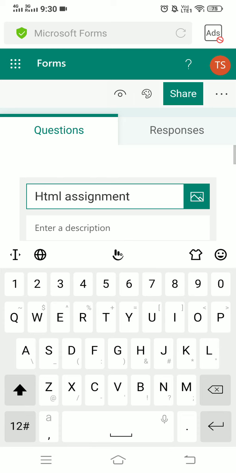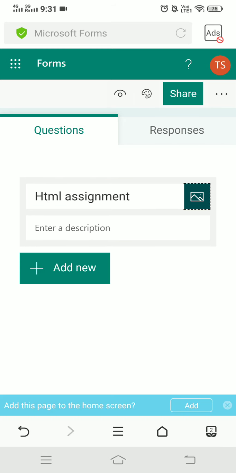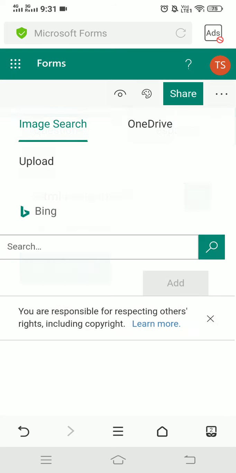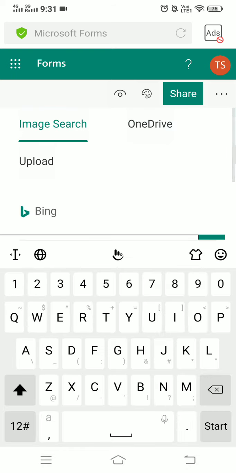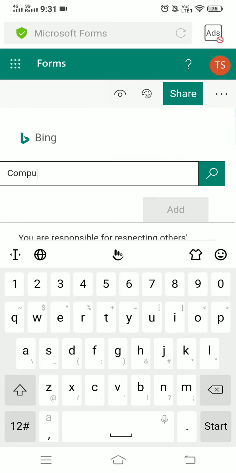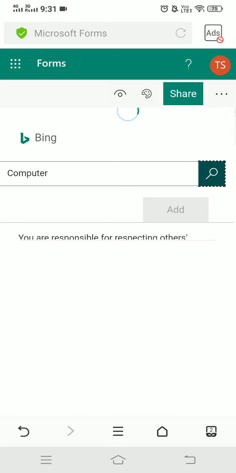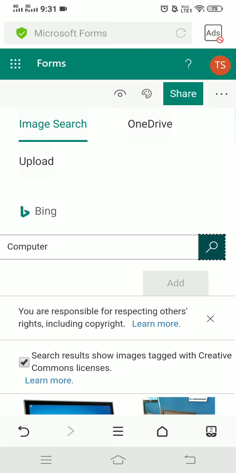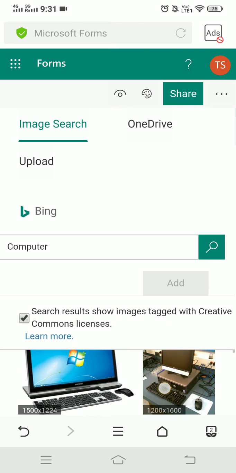Say I'm giving an image here, let me tell you. Say I'm going to choose this, computer, then search, then this one.